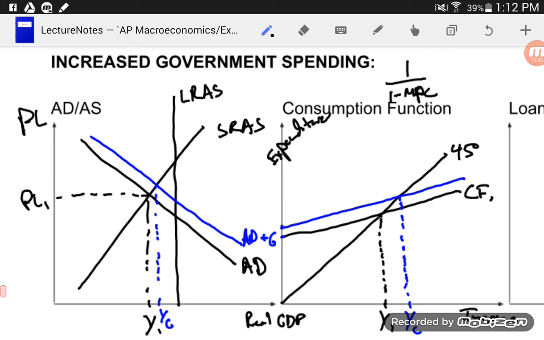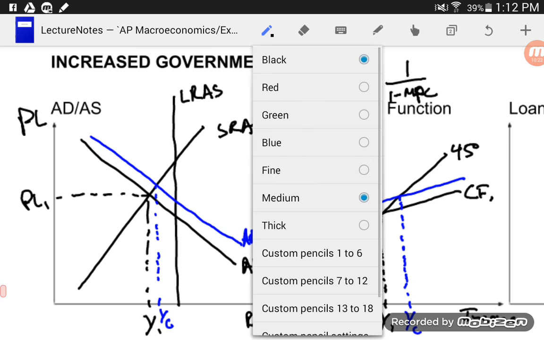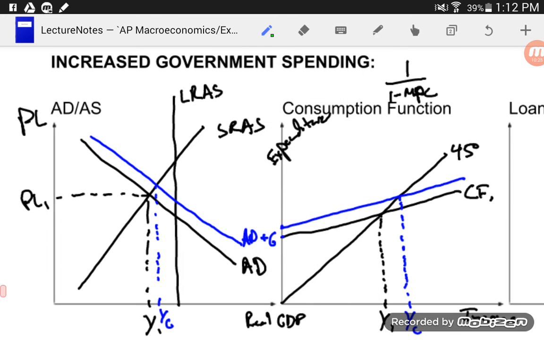Okay, and so what that ends up looking like is we get not just the increase of government spending, but we're also going to get an increase, I'll draw this over here, in aggregate demand plus government plus consumption. Whew! Because we got that big multiplier effect, that might increase